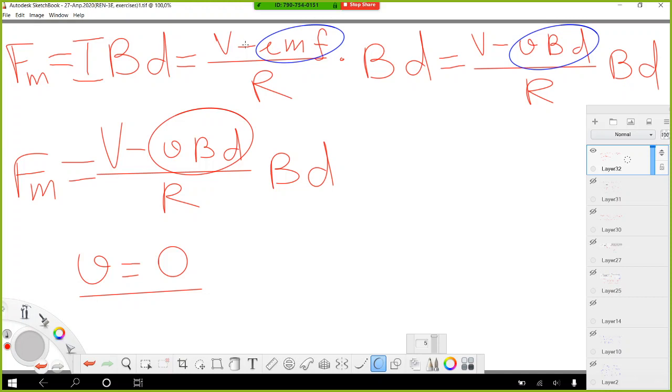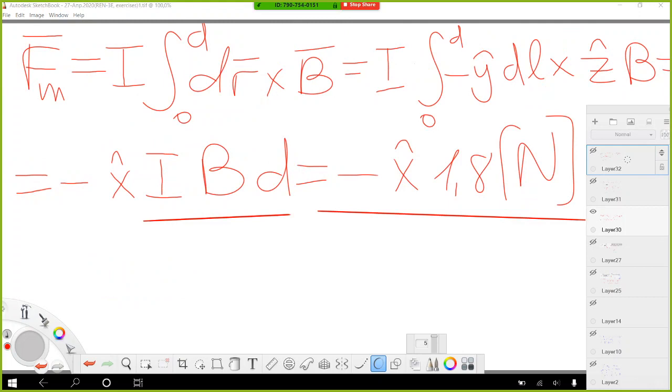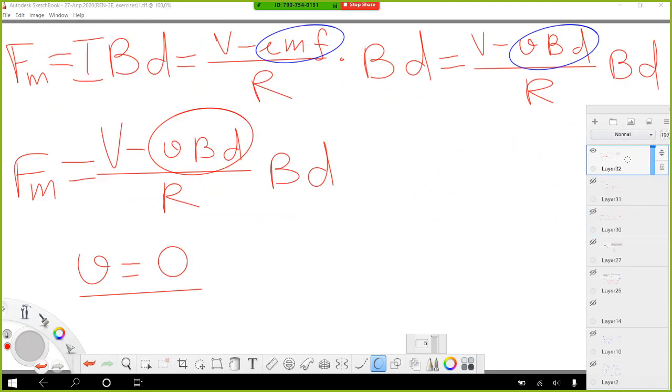Well, in other words, we can say that we start with a maximum force given here, and at the end the force should decrease up to 0